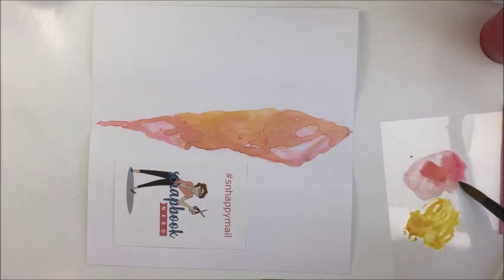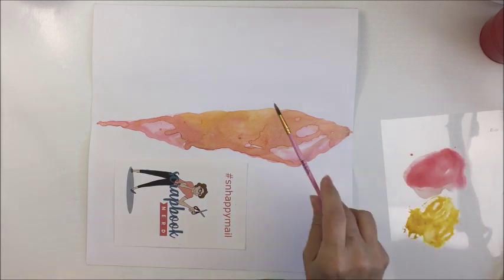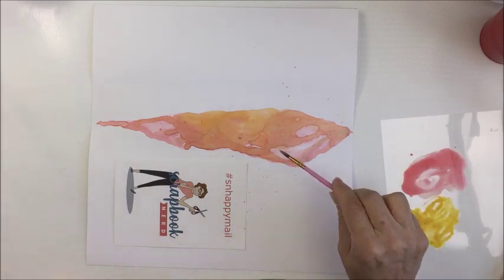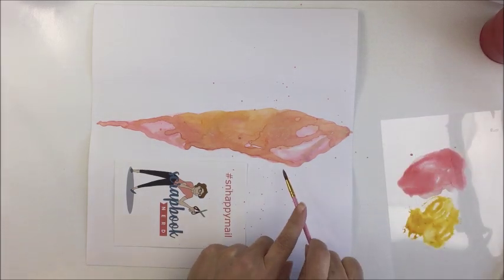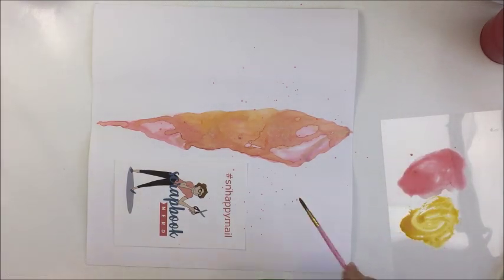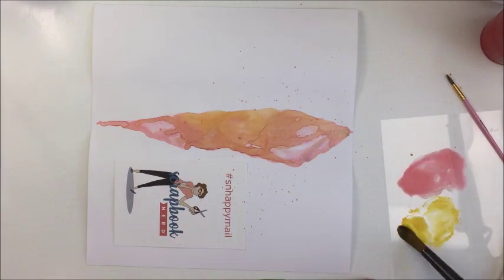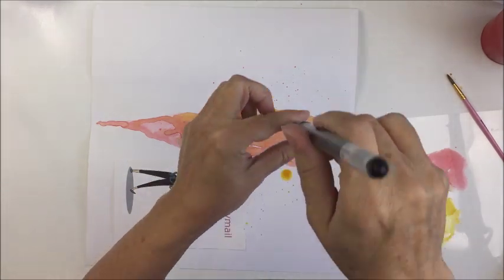This is the smallest brush from the Vicki Boutin mixed media brush set, and I'm going to create some little splatters here with the brush in these two different colors. So that Papa Pink and the Grab a Guy Gold. Again, I'm just going to splatter below the mixed media area and above, and eventually I will splatter over in that left corner as well, where I'm going to put some of the other things for this